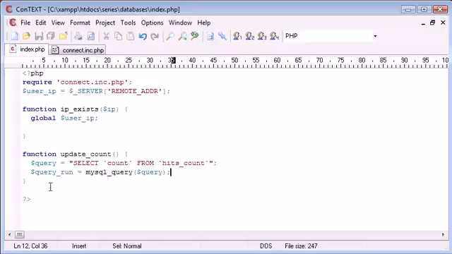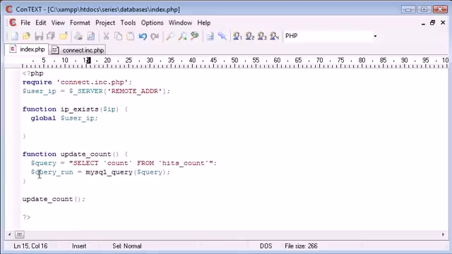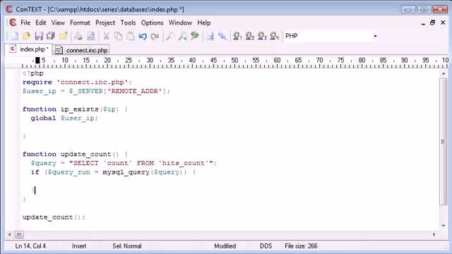So let's run the page. Let's first of all call this function. Okay, let's go back to our page and see if we have any errors. Okay, we don't, but I want to make sure we don't run into any errors, so I want to say if, and I'm going to enclose this in brackets, then we continue. Okay, if not,